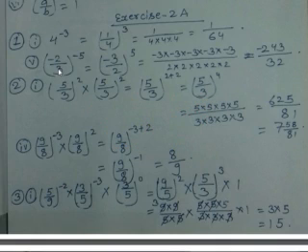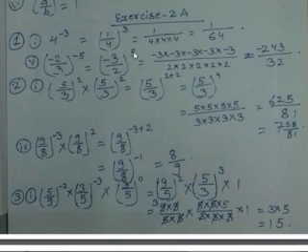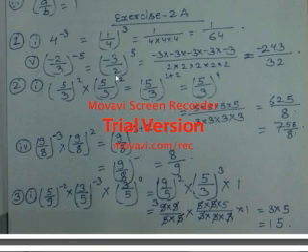Okay, so if you see the second, this fifth number, it is minus 2 by 3 raised to the power minus 5. So what happens, minus 5 is there, so when we make it positive it becomes reciprocal, so 3 will go up, the minus sign will not come down, so I had written minus up only: minus 3 by 2 raised to the power 5. And since 5 is an odd number of times, the sign will be minus only, and we multiplied 3 into 3, 9, 9 into 3, 27, 27 into 3, 81, 81 into 3 becomes 243. And in the same way 2 multiplied 5 times: 2 to 4, 4 to 8, 8 to 16, 16 to 32, so 32 is there.